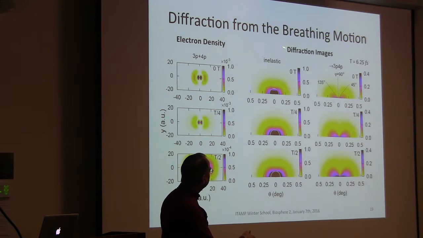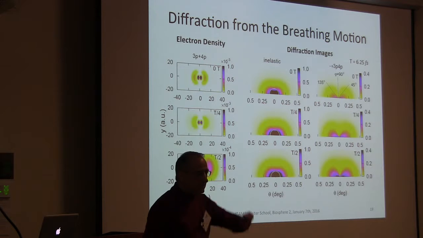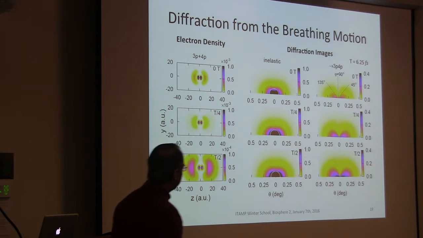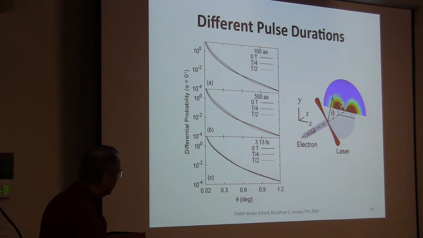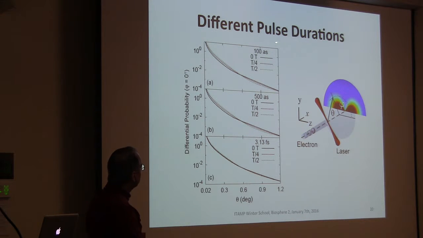If you include all the inelastic processes, you can see some changes. Look, there's more of this color here than here. But you have to be more careful as to how you extract that. Here, this shows you different pulse durations. Fortunately for electron scattering, most of the inelastic processes happen at small angles. And so if you go to larger theta,